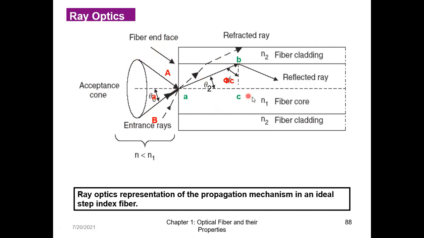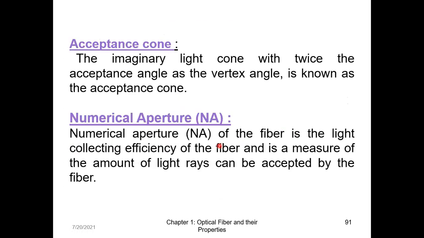The cladding and the core, we are considering as N2 and N1. So we have to consider the situation when the light is entering. It is the air and glass interface. Then there is one interface over here where both are made up of glass, but they have refractive indices N1 and N2. I hope all of you have this diagram drawn in your book. The same diagram we will be drawing.